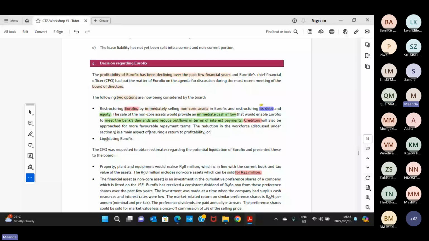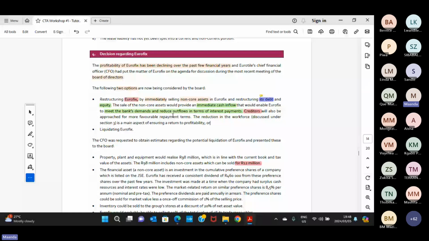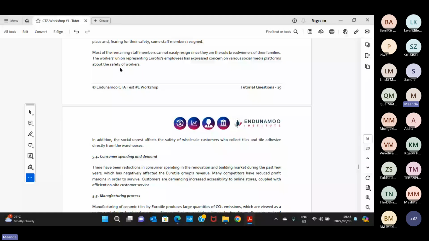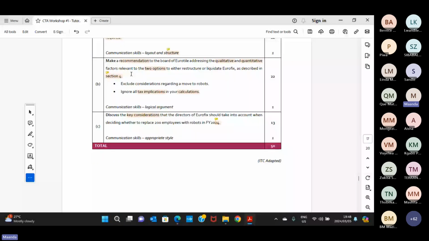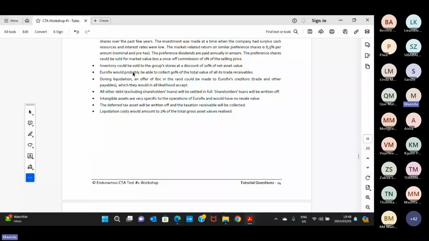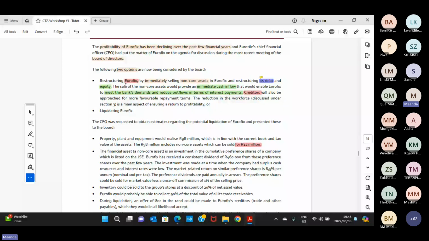Thank you very much. All right, guys, let's move a bit now. So now I went to my required, and I then know the structuring. I know what I need to ignore, what I don't need to consider, and what I need to do. So firstly, I'm being told that the board wants to sell this non-core asset, and I read it's 12 million, and we're told that they want to sell it immediately. So my consideration will be, one,